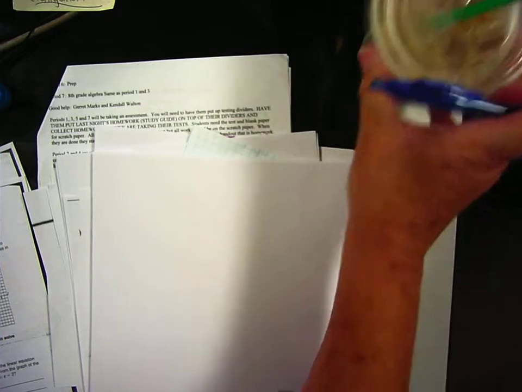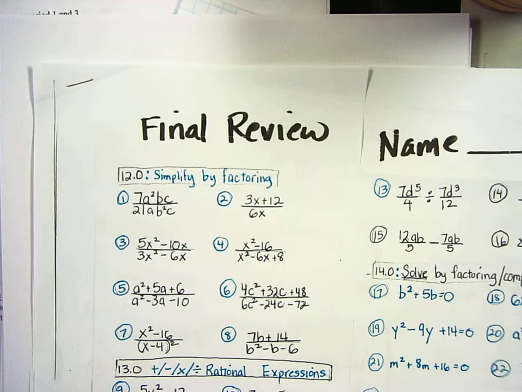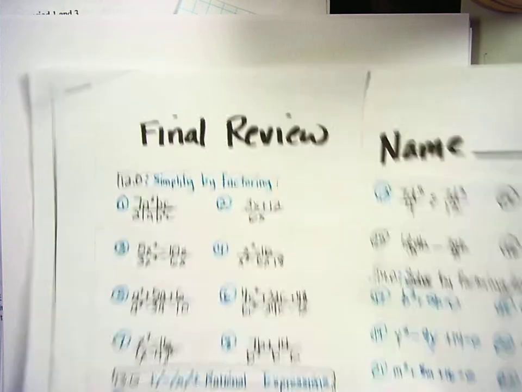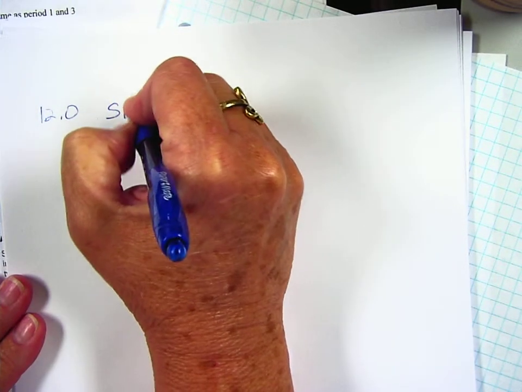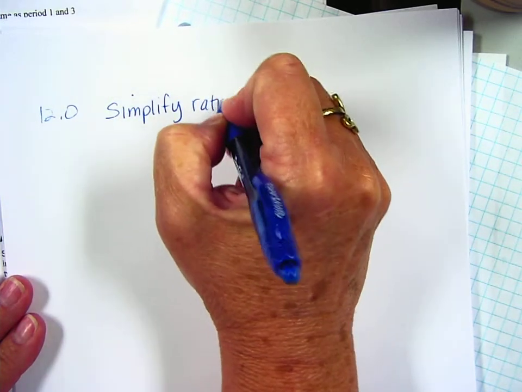All right, we are going to work on our spring final review, which looks like this. And I'm going to start with the first 8 problems, and that would be standard 12.0, which is simplify rational expressions